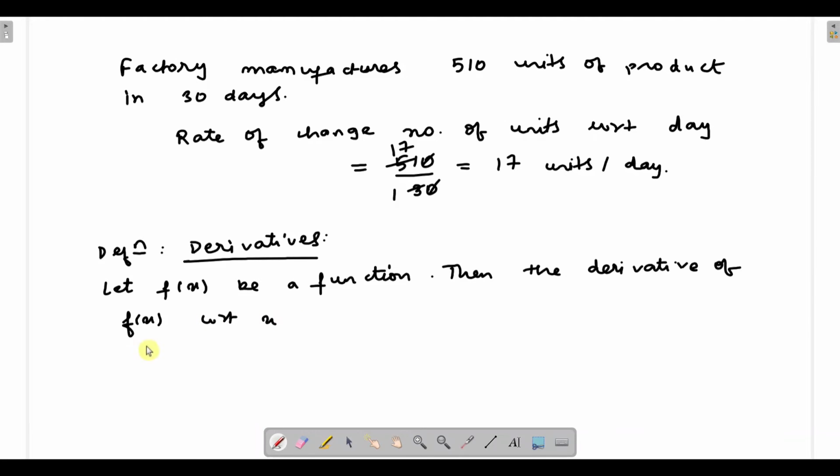So the quantity here is f(x), and this is changing with respect to x. So here the derivative of f(x) equal to y with respect to x is denoted by,